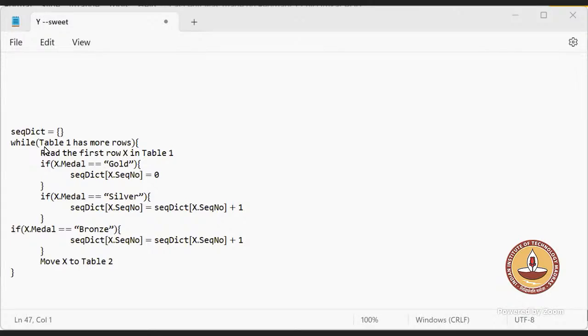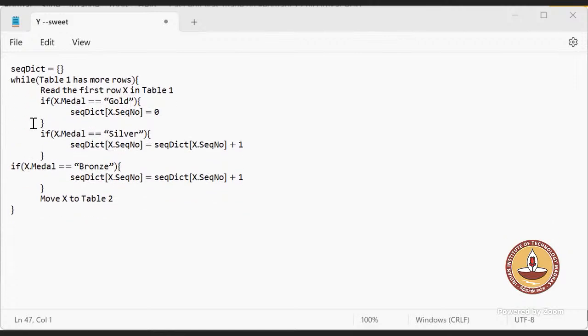Yeah, so the sequence dictionary is an empty dictionary, right? Yes, it is an empty dictionary initially. While table 1 has more rows, read the first row X in table 1. Okay, that is happening as usual. Let us take an example of a player with sequence number 1 and name it something XYZ. Let us take that the player has won